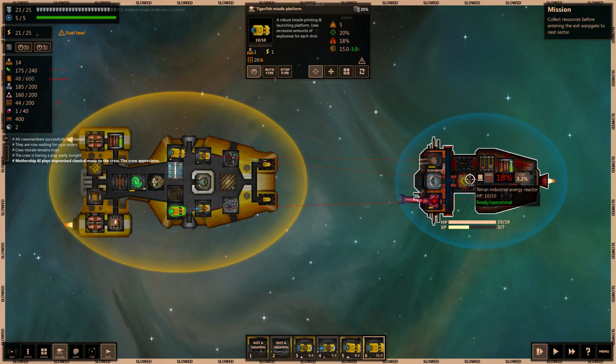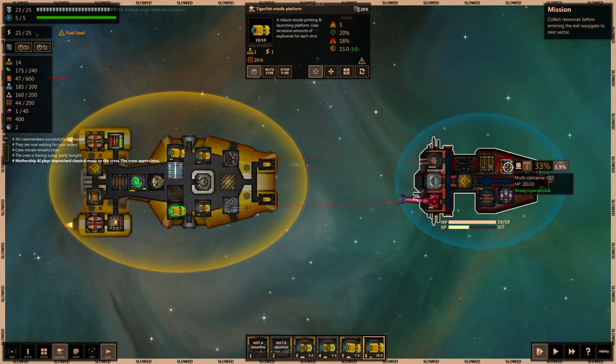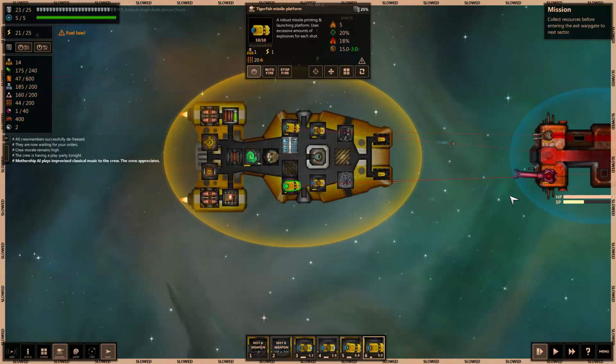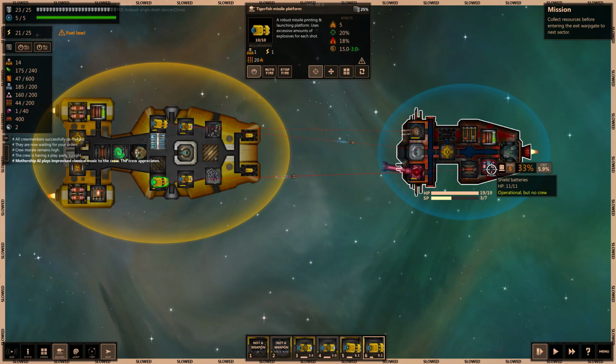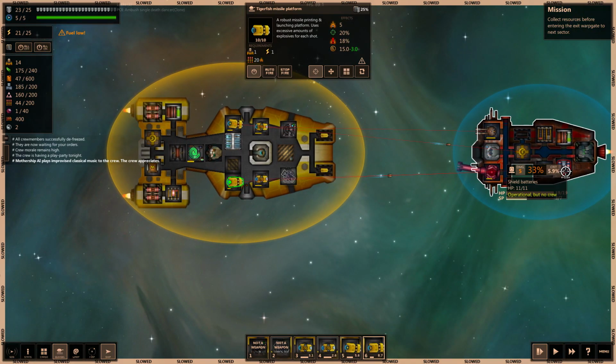I don't know where their shields are at, though. If I can find their shields, we could knock their shields down. Oh, there's their shield batteries. Let's put 6 on the... Whoops. Let's put 6 on the... I'll do 6, and then I want to say...